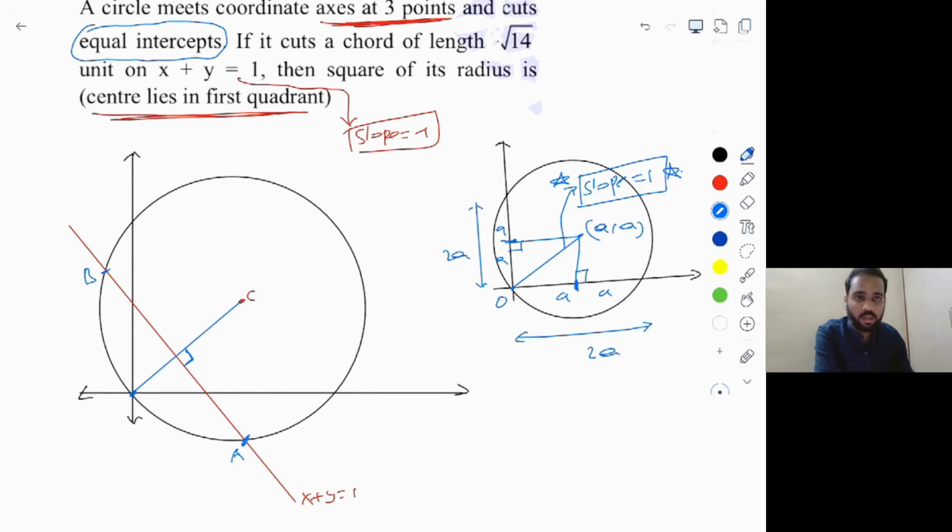AB is the chord length here, which is root 14. But since this is the perpendicular bisector, the line joining center and origin, I can say that this length will be exactly half of it, that is square root of 14 divided by 2. And I'm going to join this center and the point A, which will give you the radius of this circle at the smaller. Okay. Now, one more thing is, if I take this as point D,